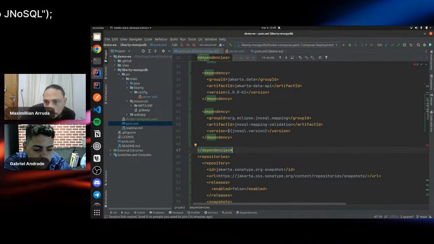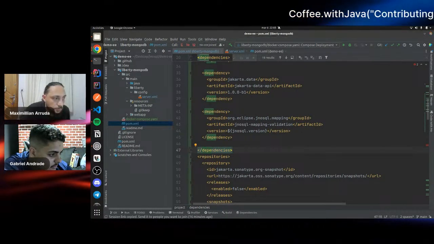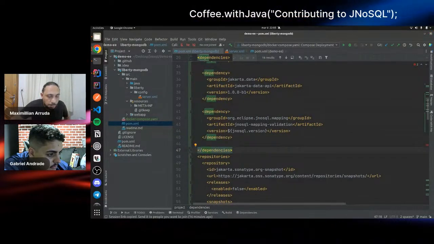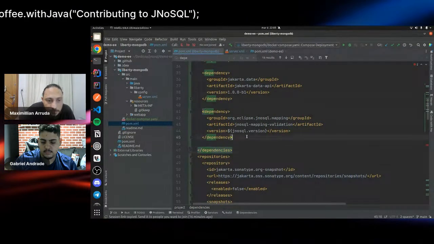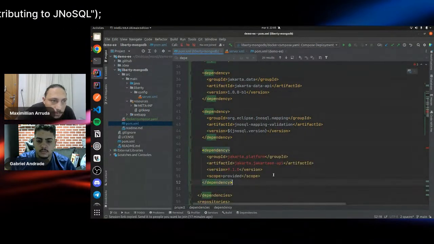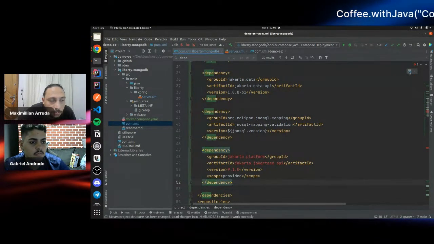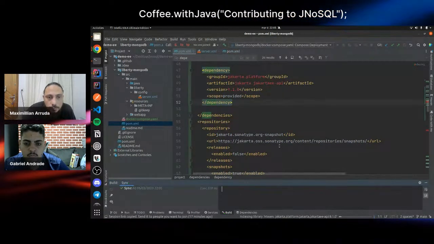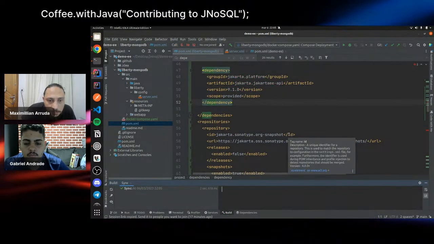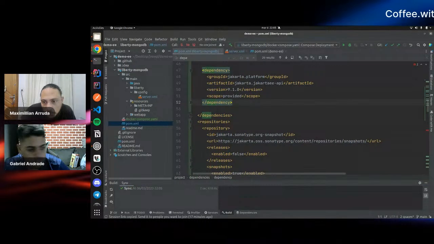This is the one I will type in the chat. Click on dependencies as well. For now, the Jakarta API we use is version 9, but don't worry about that. We will just require the Bean Validation annotations. Type this one in dependencies, and let's see if everything is working.